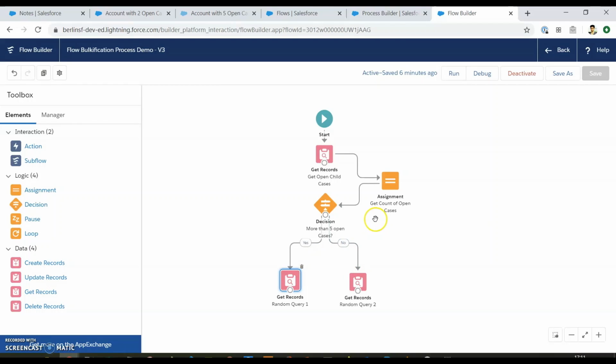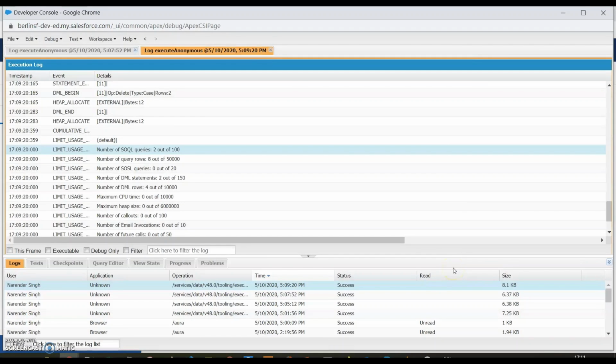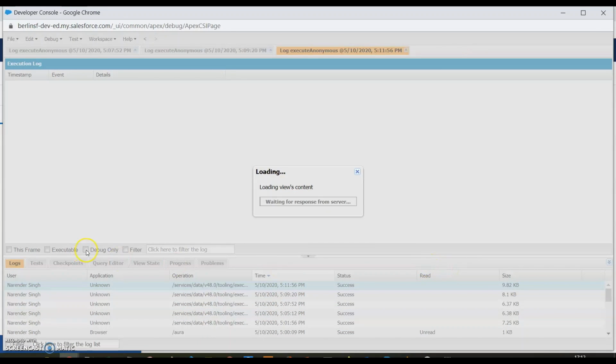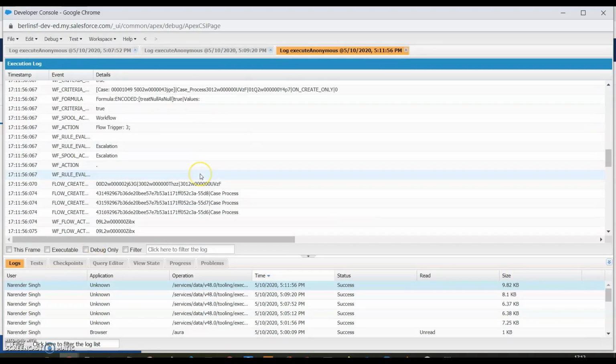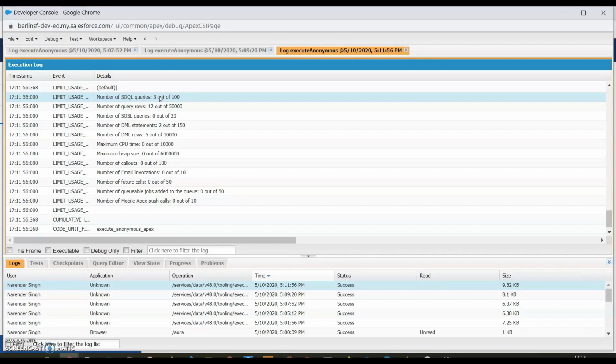So let's verify that as well, just to conclude what the result is going to be in this case. It should have 3 SOQL queries. Yeah, so let's verify that as well. Execute, and let's see. All right, as expected and discussed, we have 3 SOQL queries